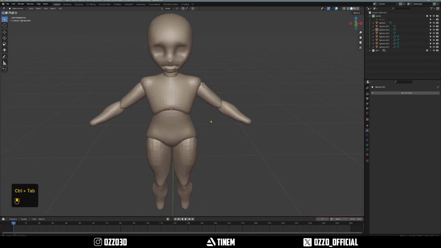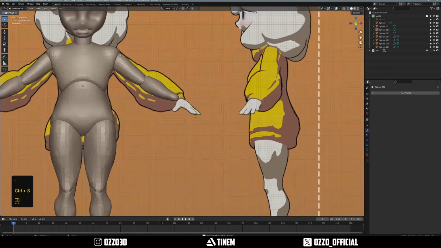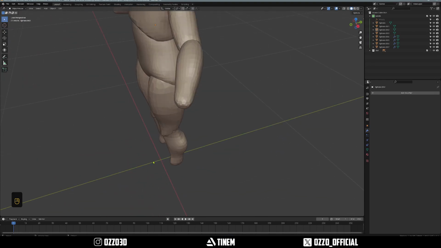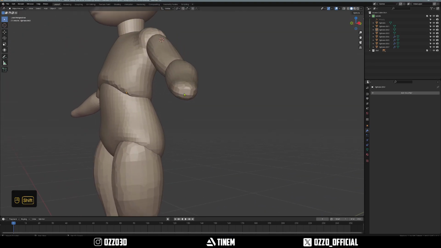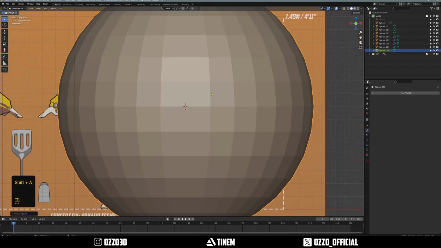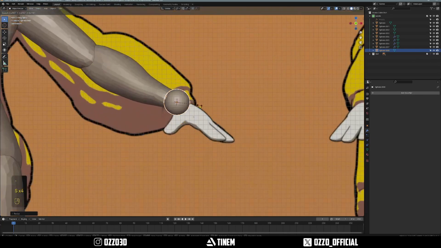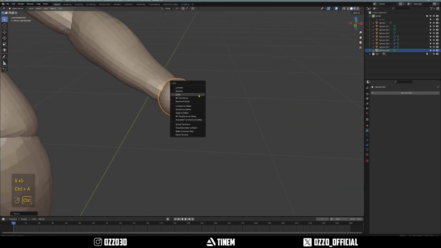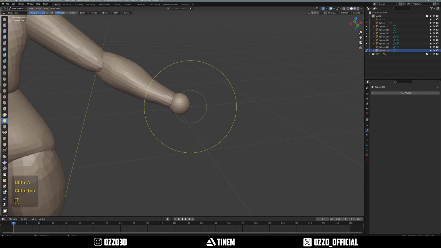Is that better? Yeah, something like that. So for the hands, let me actually use the 3D cursor because I haven't really been using it this time. Shift right click, position it right there. Shift A, mesh, UV sphere, like I showed you in the first video. And now I'm not even using it myself. Control A, scale, and then just